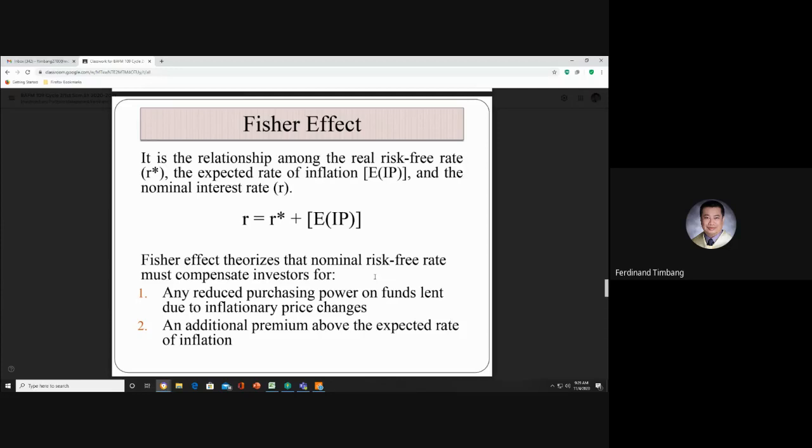Kasi logika, halimbawa you will invest, and it will give you a return of 3%. Ang inflation rate naman ay 5%. Di logikal na agad ang talo ng 2%. Diba? Kaya dapat daw, sinasabi nga ni Fisher, is to add also the inflation to the R star. So yun lang ang sinasabi niya. Kasi you are investing. Kaya nga, for you to be enticed to invest, the premium should be added.